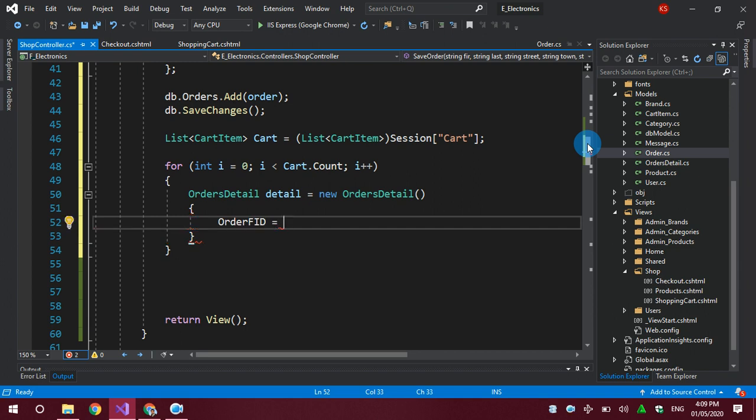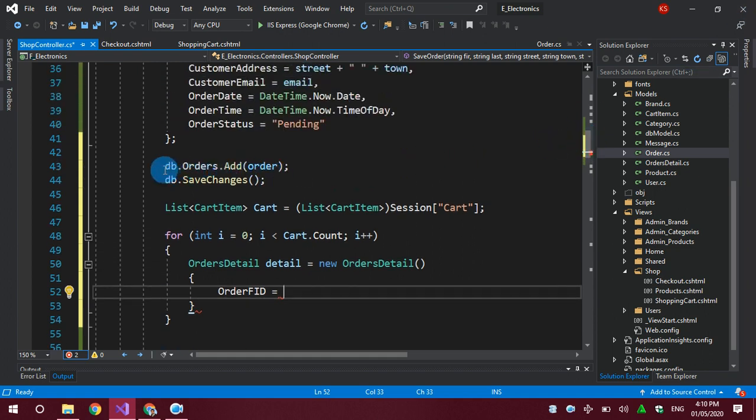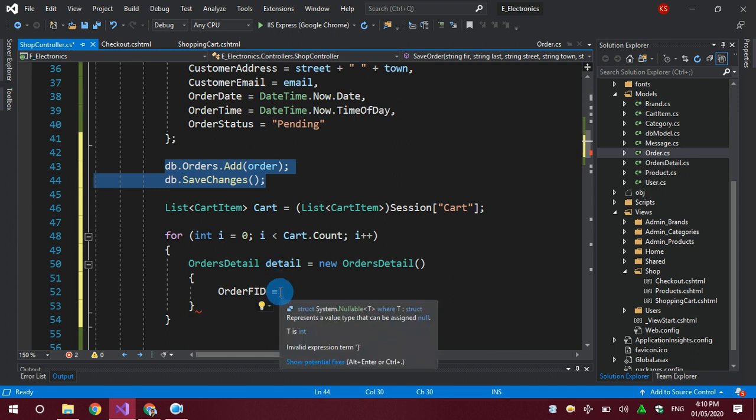Now here is an important thing: how can we get the last item we have inserted? This whole method will be executed simultaneously. Whenever I have saved this order, my last saved order is actually the order which represents this order detail.